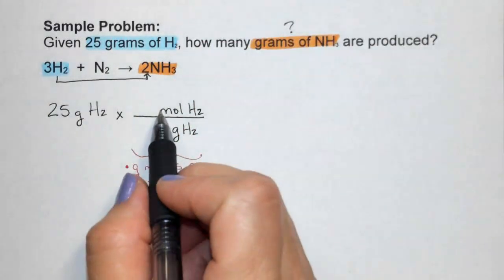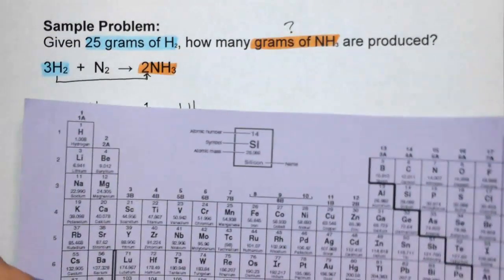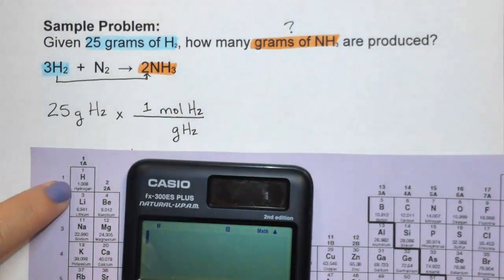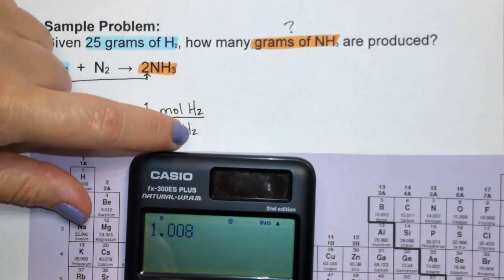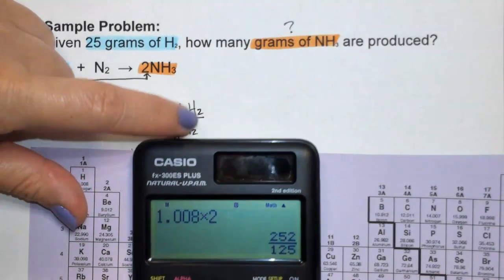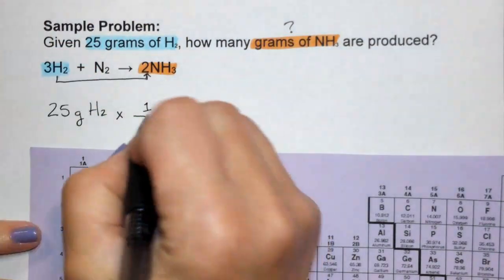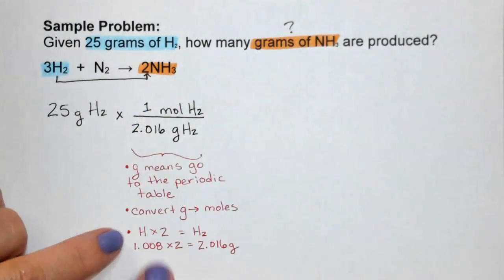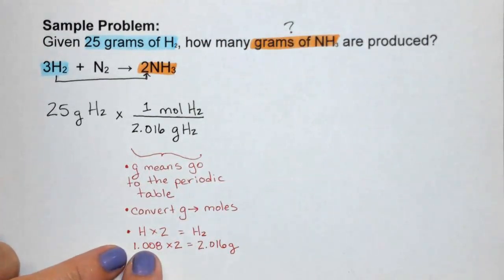So moles, it's going to be 1 mole, and then for grams, we go to the periodic table and we find that hydrogen is 1.008, and then because there's a 2 there, we're going to hit times 2, and that's going to give us 2.016. So we did hydrogen times 2 to get our H2, which was 1.008 times 2, and that gave us